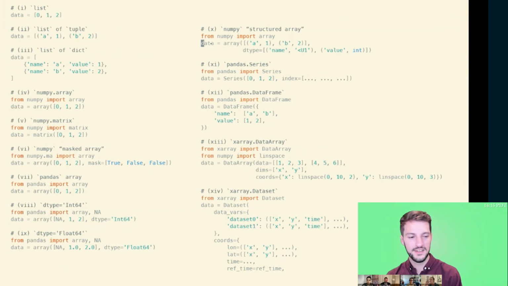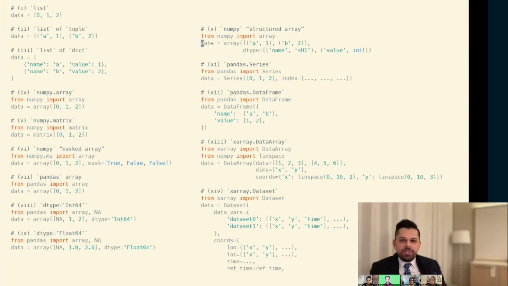I'm curious to hear from Tom about the three-way difference between number 1, just a list, number 4, a NumPy array, and number 13, an X-array DataArray. When you work with your beamline staff, Tom, when do you tell them you need to use NumPy for this? And when do you tell them, take that back, you need to use NumPy wrapped with an X-array DataArray for this?